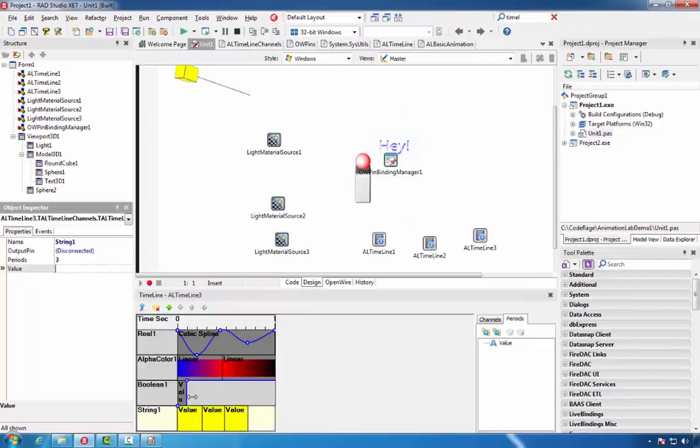We'll set the channel value to be high, the first period ending value of don't, third period do, and for the last period that.